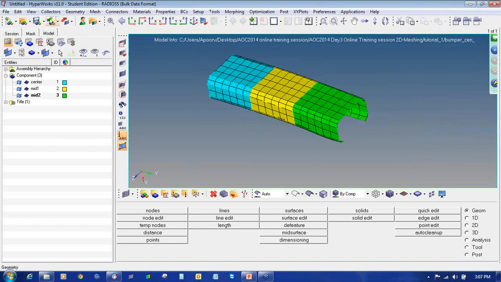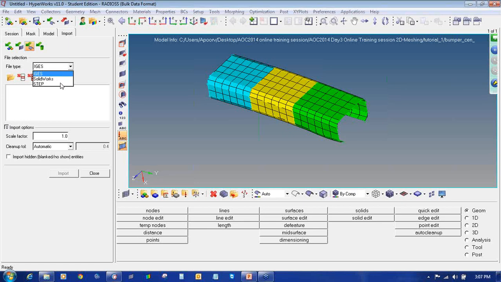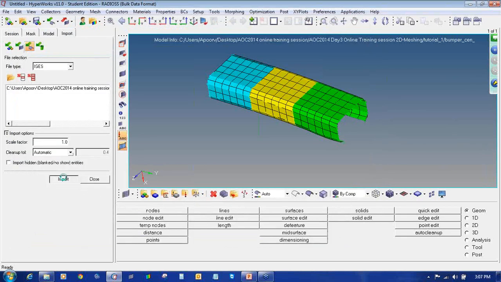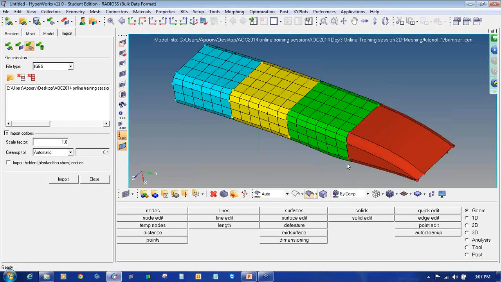So go to Dropbox, select Import Geometry. This will help you to import these many extension files. So we'll select IGS, click on the Select File, Browse Location, and select the file available in Hypermesh tutorials, that is bump_int.igs. Open and say import. So once you click on import, you can see only the geometry file has been imported.